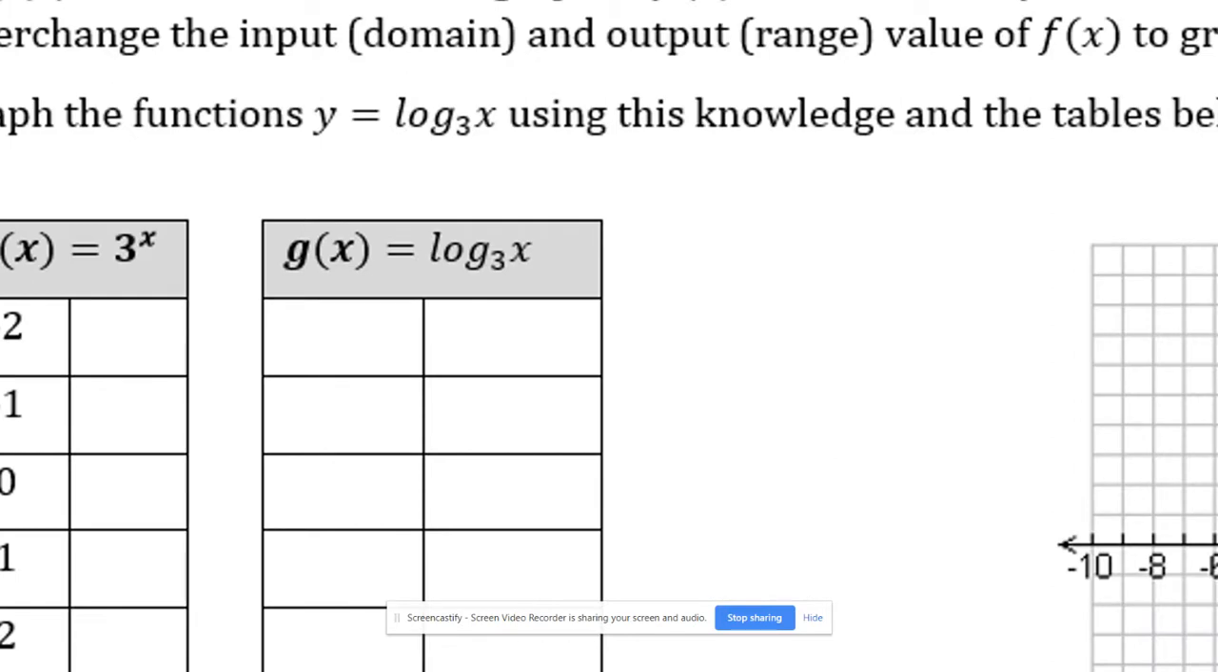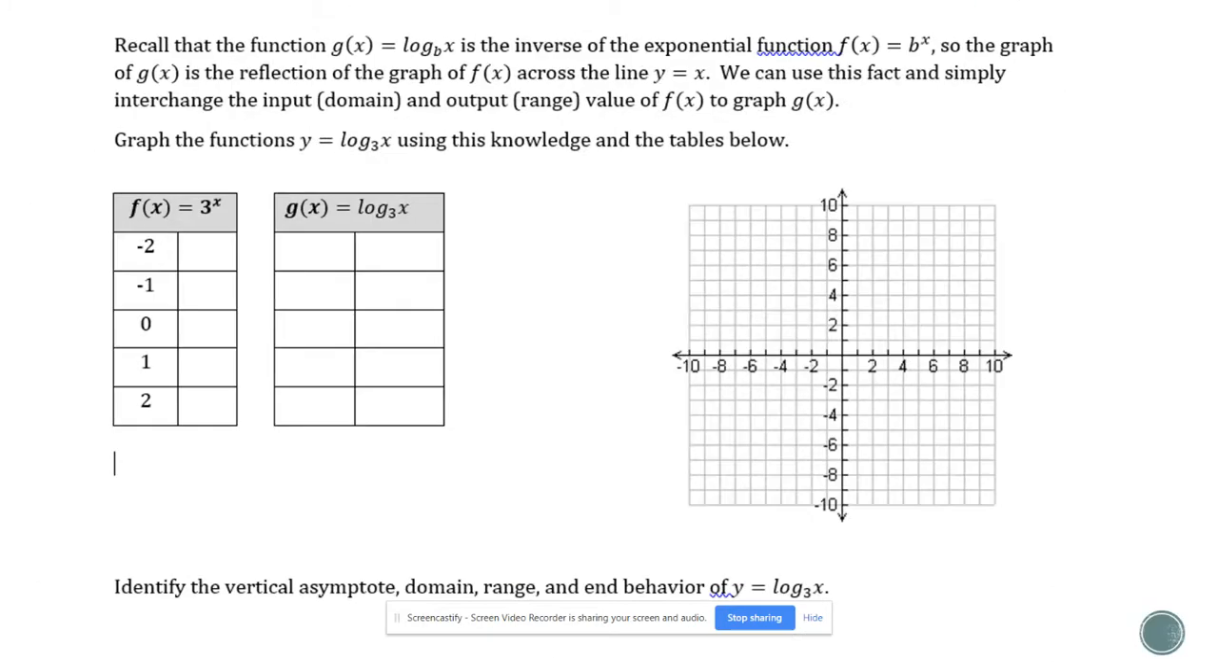Let's say that we would like to graph y equals log base 3 of x. The inverse or opposite of log base 3 is 3 to the x power. So we're going to start with this table. And we're going to plug in